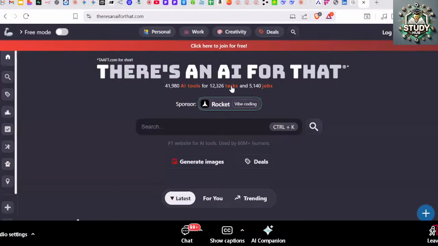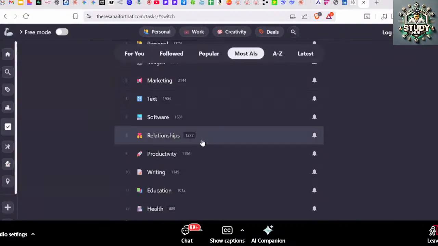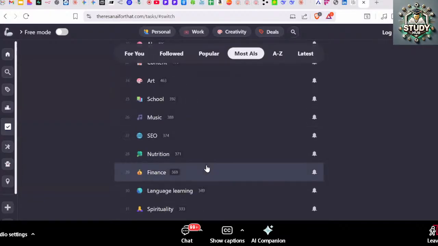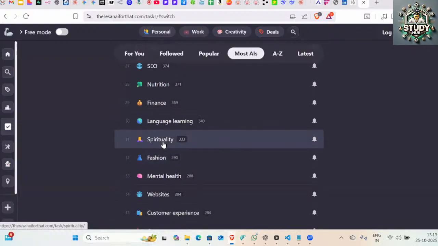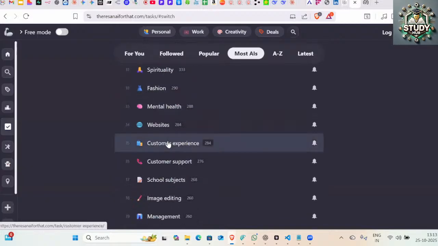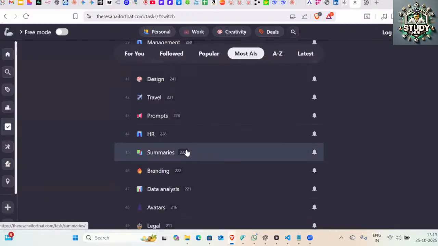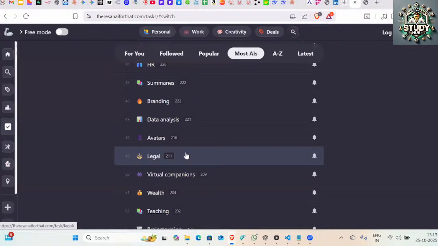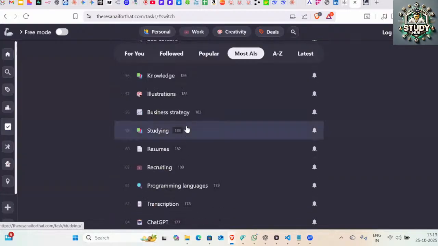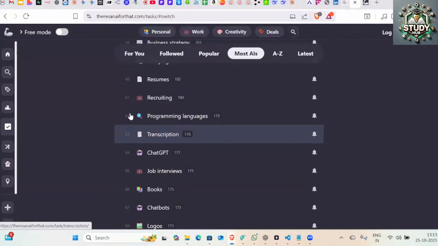I can go to this task section, where I can find the niches. Let's say you are building something and want to find a very good niche, like spirituality. Let's explore which AI tools are only in spirituality. You can find those niches and try them out. That's how I use it. When I get some idea, like something going on in the video space, I'm not revealing it as of now, but me and my group of friends are working on an idea where we want to combine some video AI tools into one. So we are exploring this.